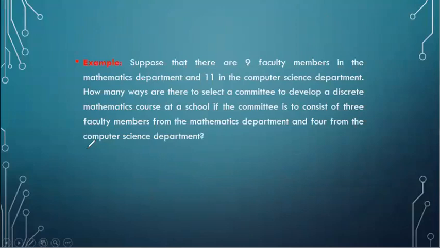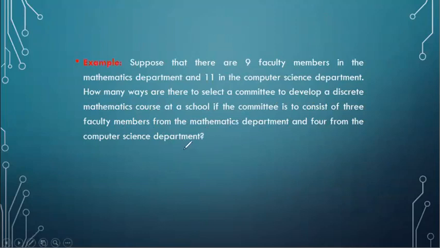Now, the next problem is, suppose there are 9 faculty members in the mathematics department and 11 in the computer science department. How many ways are there to select a committee to develop a discrete mathematics course at a school if the committee is to consist of 3 faculty members from the mathematics department and 4 from the computer science department?